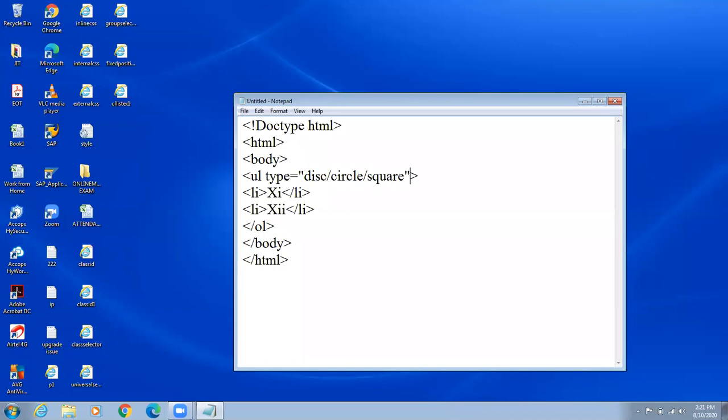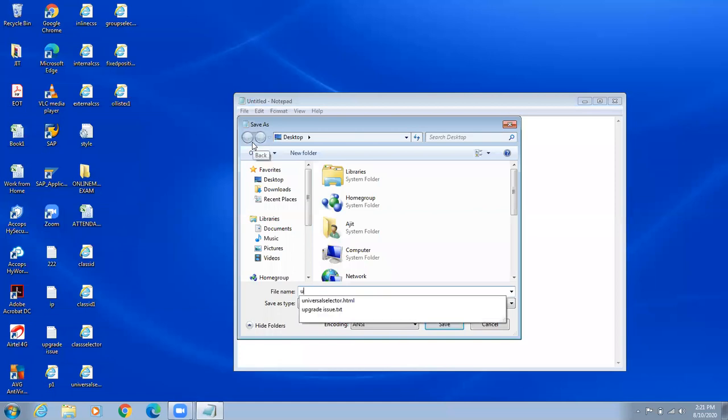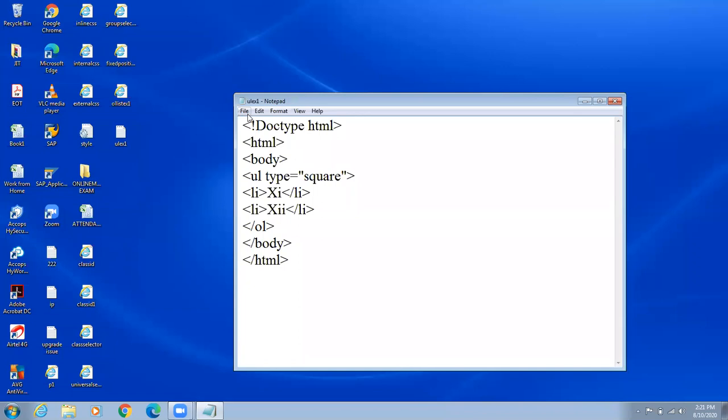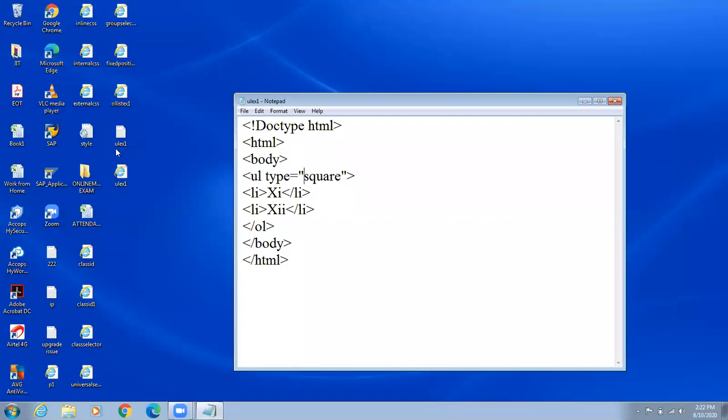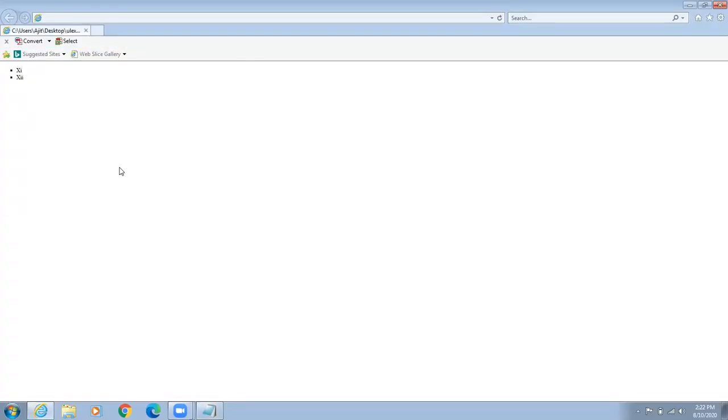Okay, these are the 3 values. Now for the 3 values, I will use one value, square. Save the file, open it. You can see the square. The list is bulleted and marked with square.